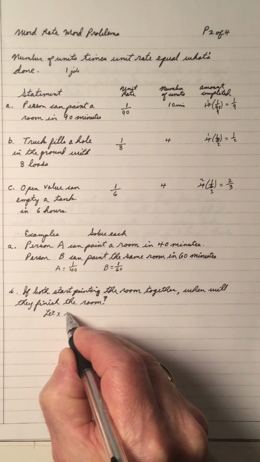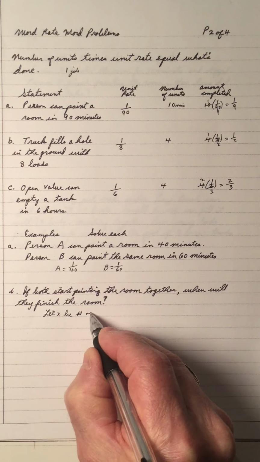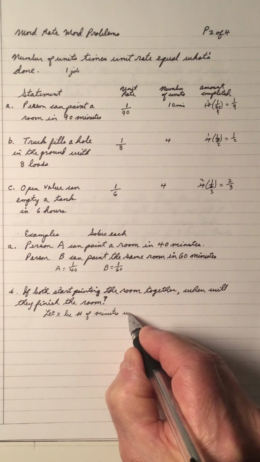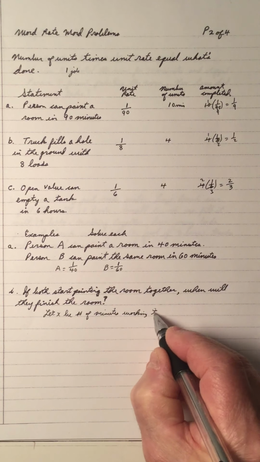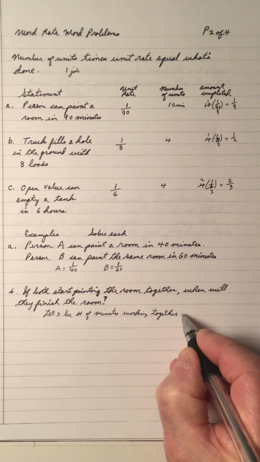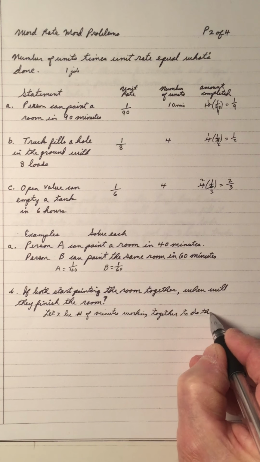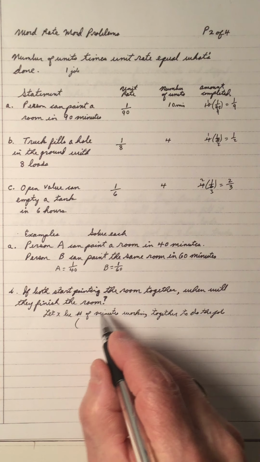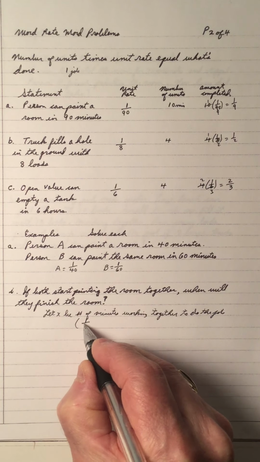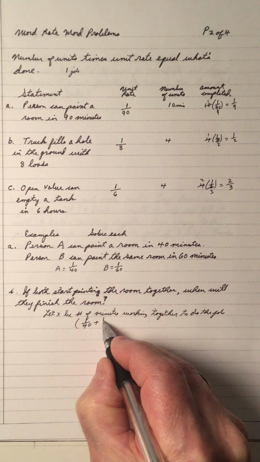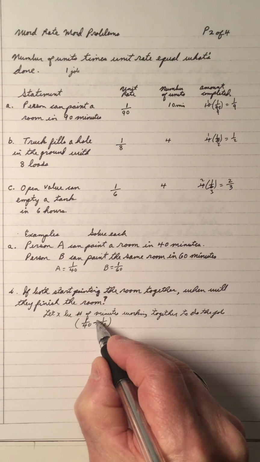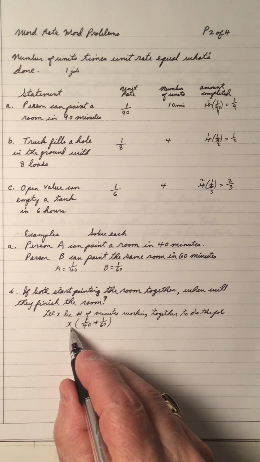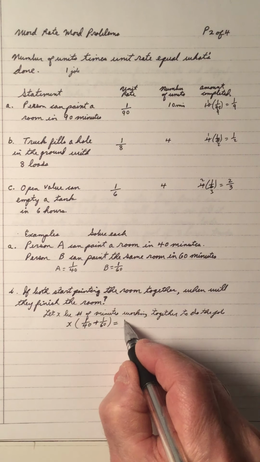So I'm going to let X be the number of minutes working together to do the job. Okay, here we go. If they're working together, person A will do 1 over 40 of the job. Person B will do 1 over 60 of the job. So how many minutes, gotta be careful, will they both work together to do the job,